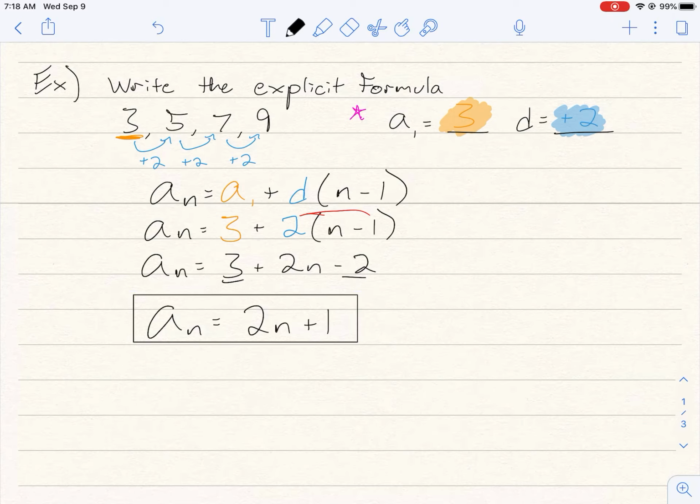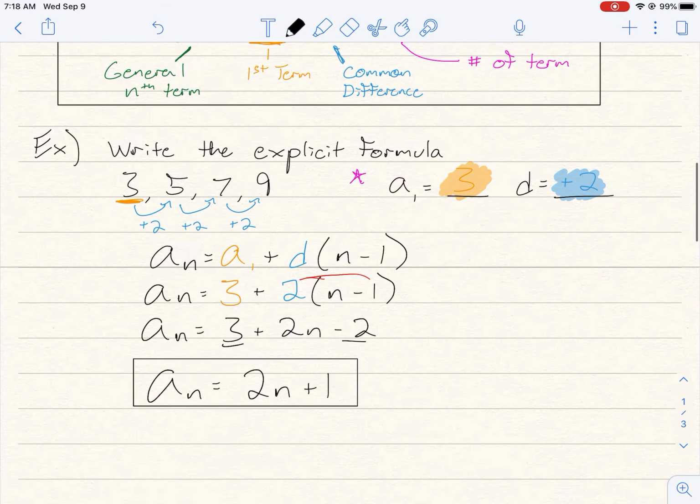Now, we will go more in depth of how do you use the explicit formula and what it's used for, and even more understanding of it. But please copy down these notes into your notebooks, and we will start